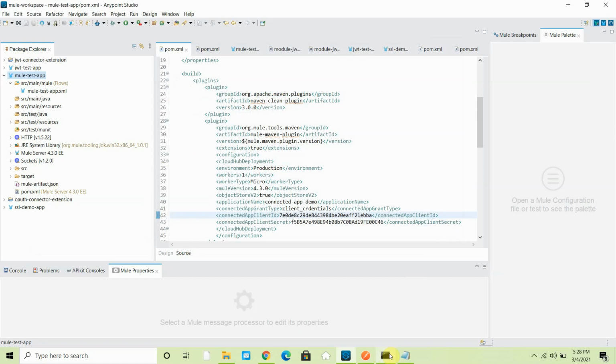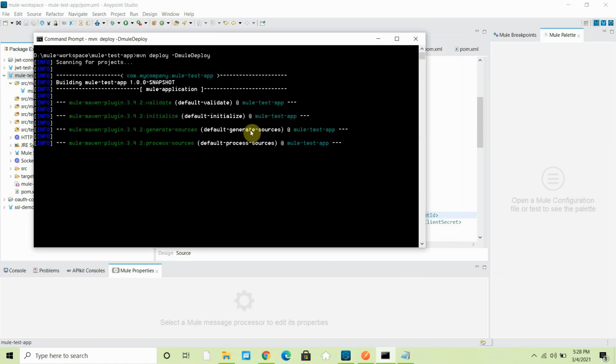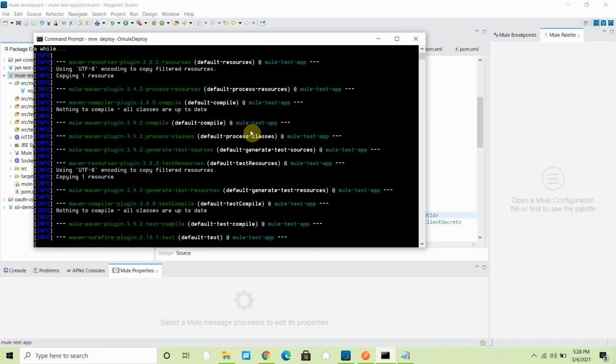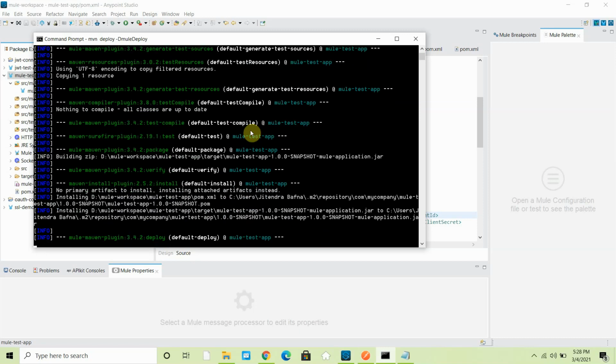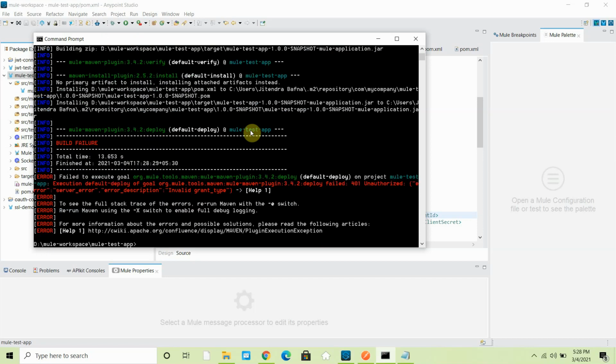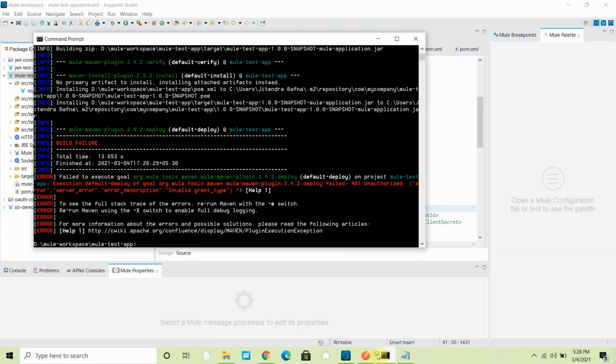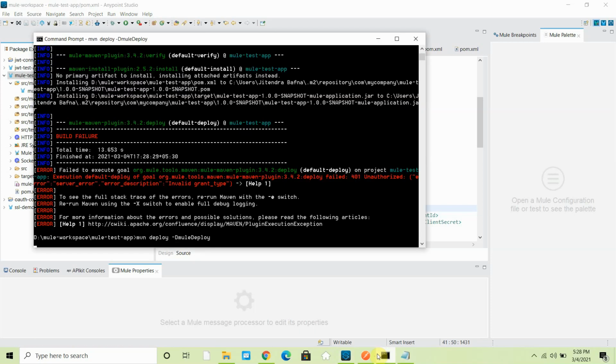If everything is fine and all configuration is right, it will start deploying your application very quickly. Let me check, it's an invalid grant type. Let me check what mistake I have made. Yes, I made a spelling mistake. It's client credentials. So this is a small spelling mistake. Let me run it again.